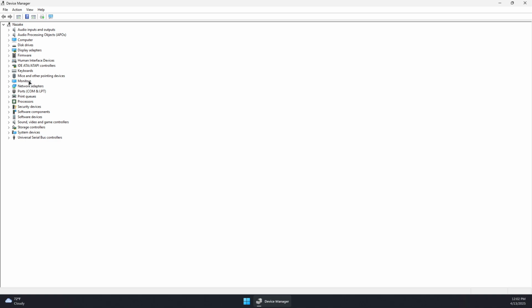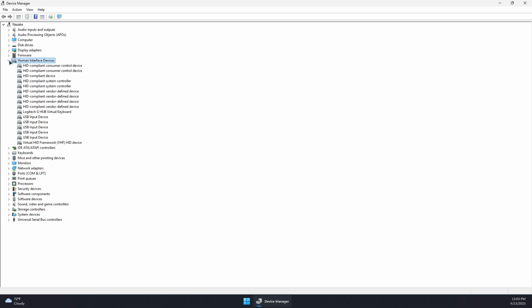Now look for HID or Human Interface Devices, which is this right here, Human Interface Devices. Then extend it down and then look for your HID device. It should be something like I2C HID device. You can simply click on it and then right click